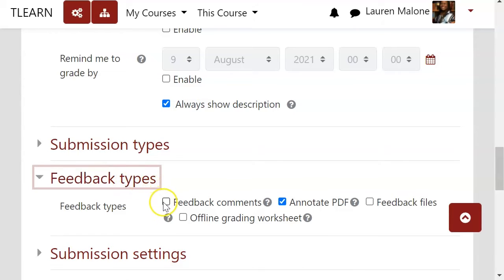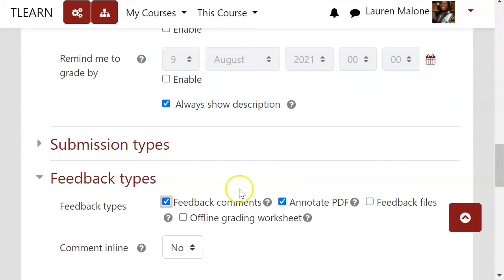Now, the feedback comments are a little tiny comment button that will be at the top of your grading sheet, and I'll show you that in a second. This is tricky because it adds a step. If you leave feedback comments there, you have to save the comment and then save changes to the overall grading for it to save. If you just save changes, your comments will go away. So just make sure that if you're doing feedback comments, that you